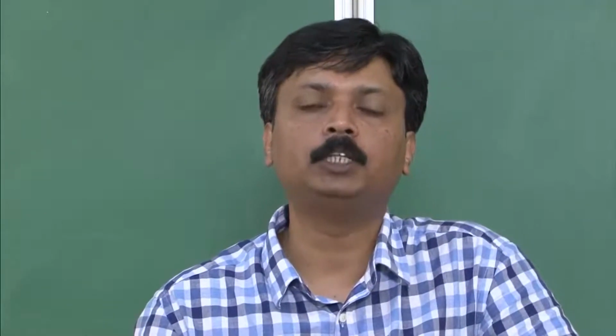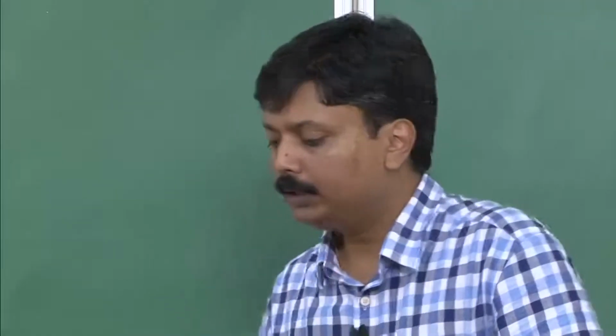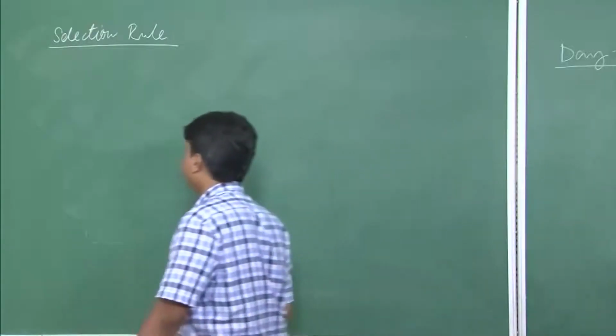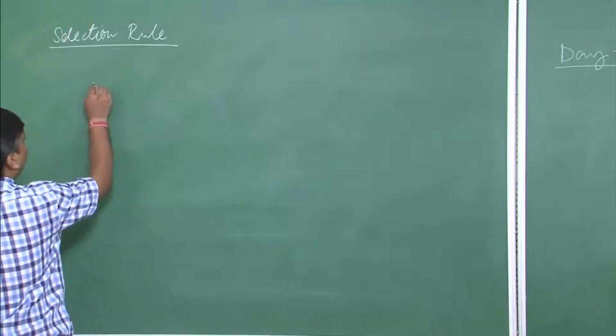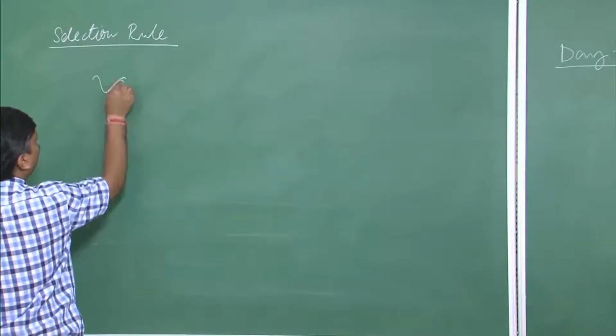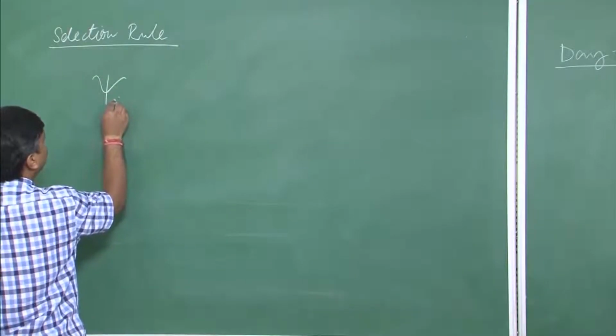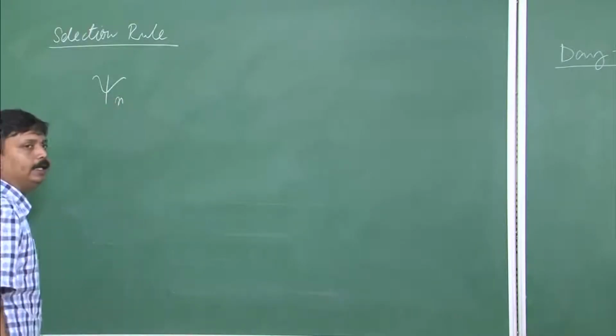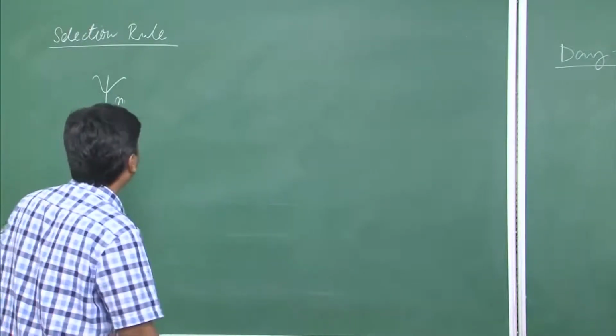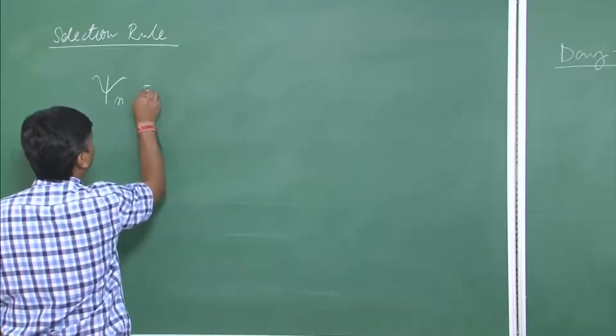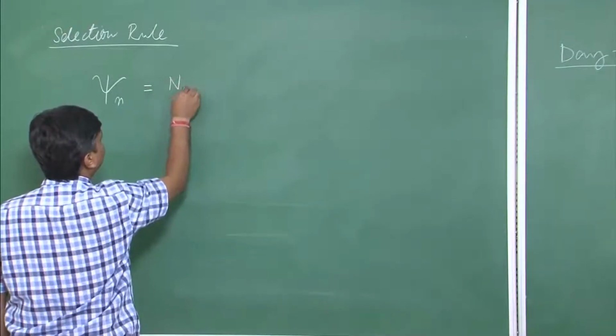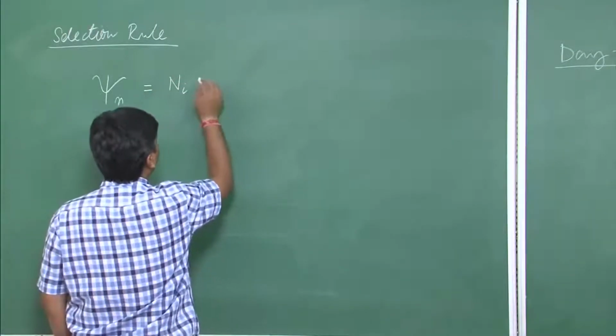So normal coordinate is the coordinate about which the vibration takes place. So this molecular vibration, the wave function for this normal mode, I can write as psi n, which I can write as Ni